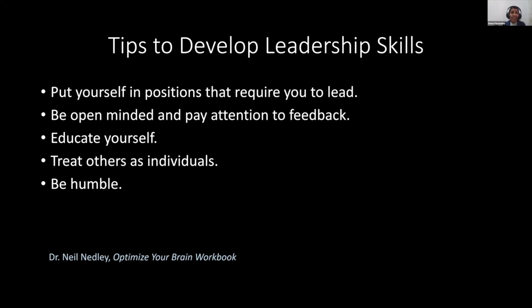First thing is be aware of different needs around you. And then put yourself in positions that require you to lead. Now, this might not come as an ask to directly be a leader. So people might not say, okay, we want a leader for this particular task. They might ask it in the form of responsibility. All right. So we need to take those opportunities to be where we can lead, and that's where we can